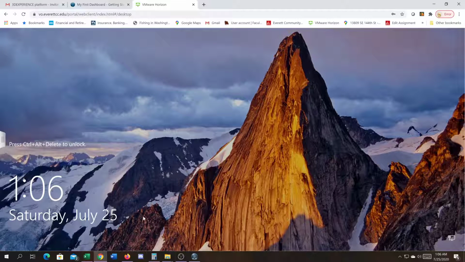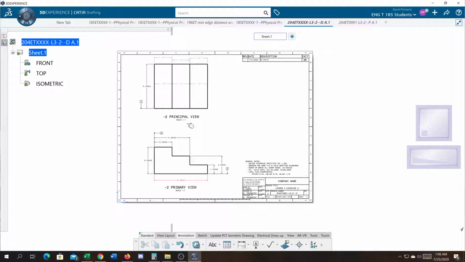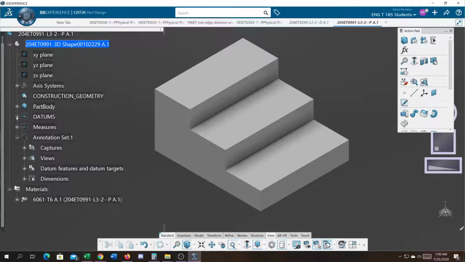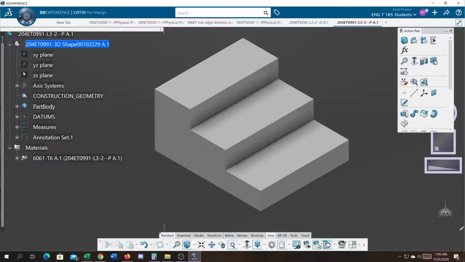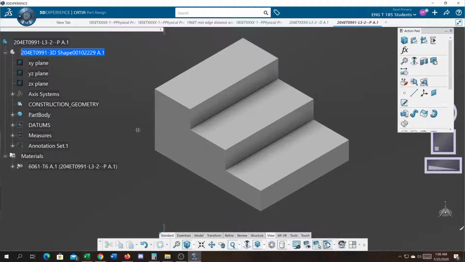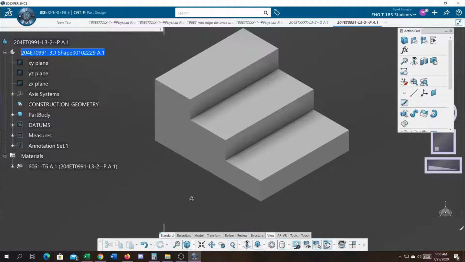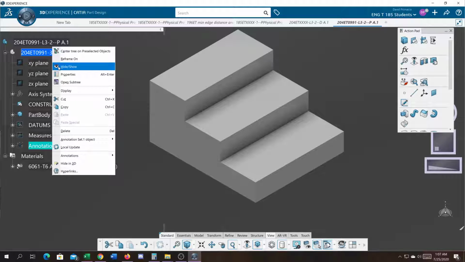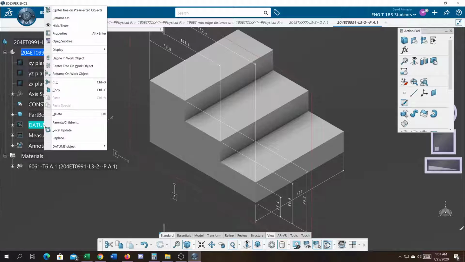Okay, so you have the checklist, and then you're going to go to your part, and you're going to add a snapshot to the part, just like this, where I can see the whole tree and the part itself, that this is saved in the engineering ISO view. Next, you'll take another snapshot with the annotation and the datums